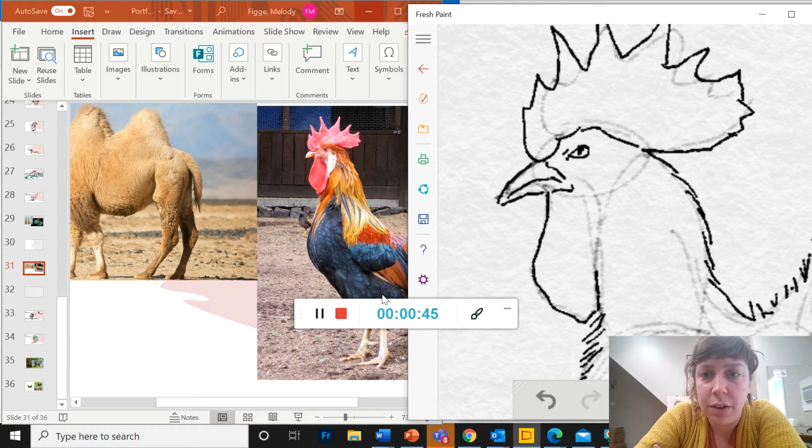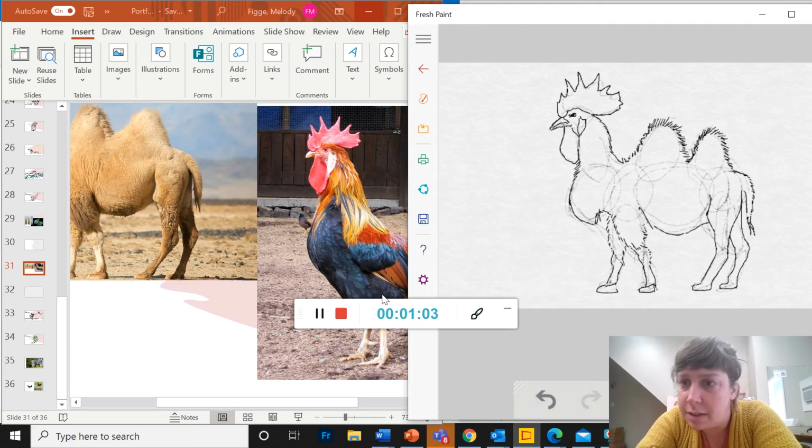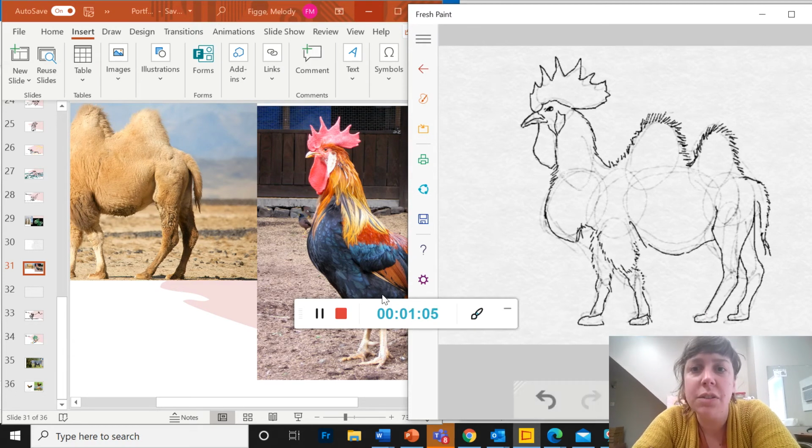And then we're going to get started on the texture. So I'm just going to add the rest of this chicken's waddles here. And I think that's all I need. All right, so,